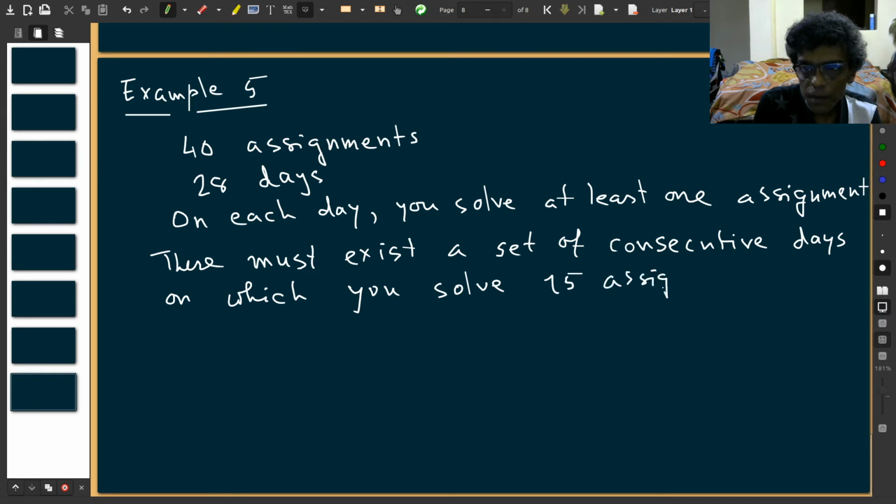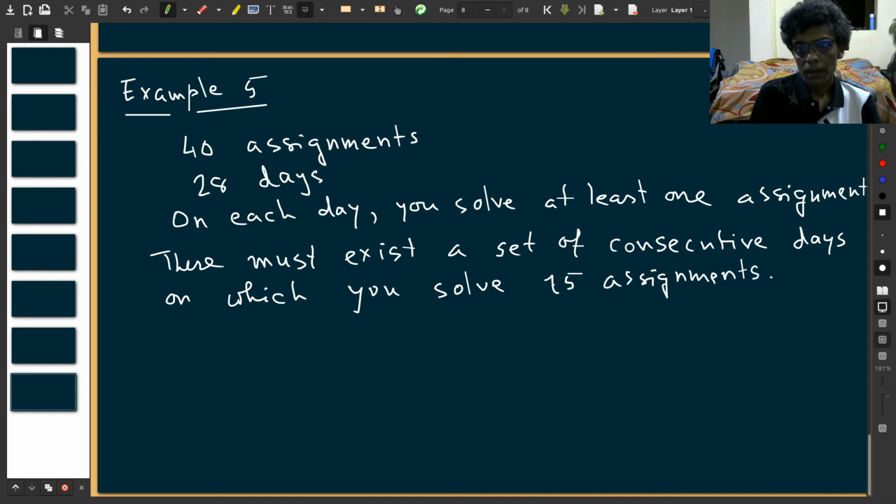You cannot simply avoid this 15. No matter how you schedule your assignments. Okay. On each day you solve at least one assignment. Of course, you either solve an assignment, not half of it or something like that. Okay. So let us say,